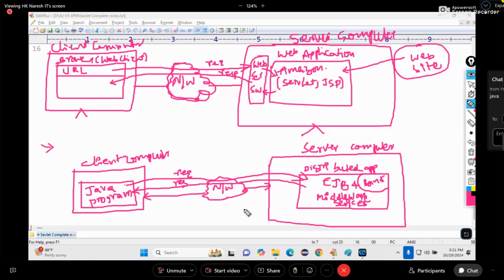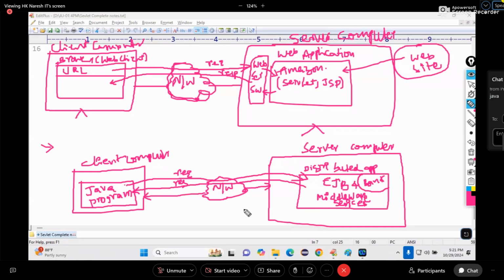In simple terms, tell me, what is a web application, what is a distributed application? An internet application whose client is a browser is called a web application. An application that can be accessed via network from a program as a client is called what?